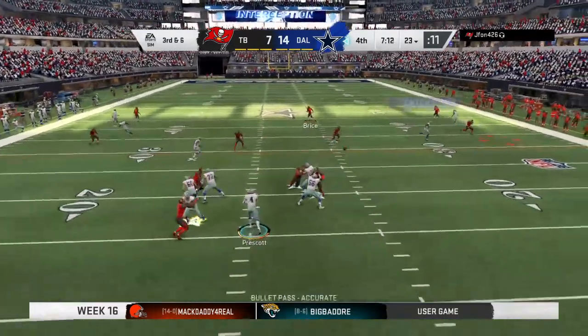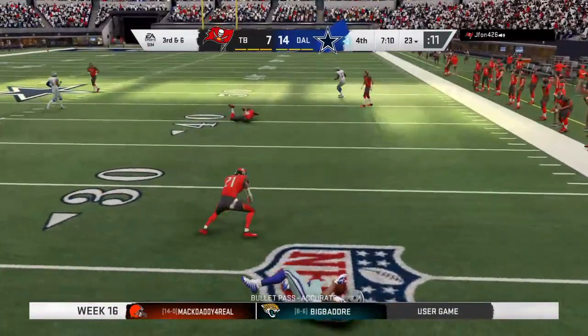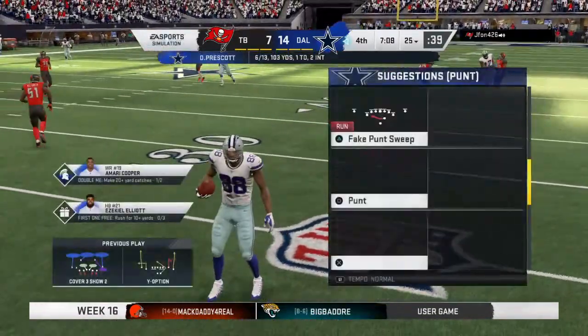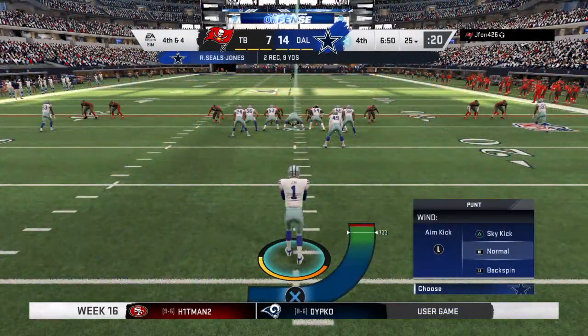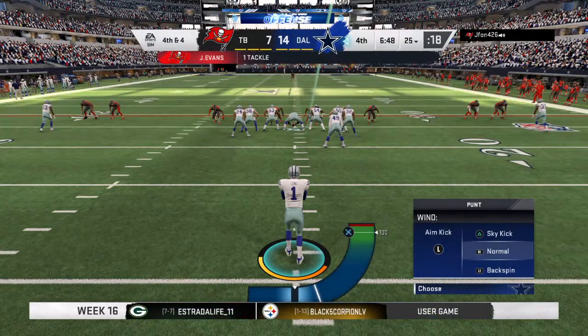Out of the gun, here's Prescott. That's complete to his tight end, Seals Jones. Two yards is all they'll get on the completion. It's 4th down. First down would have been nice, but now you get to kick the field goal, still go